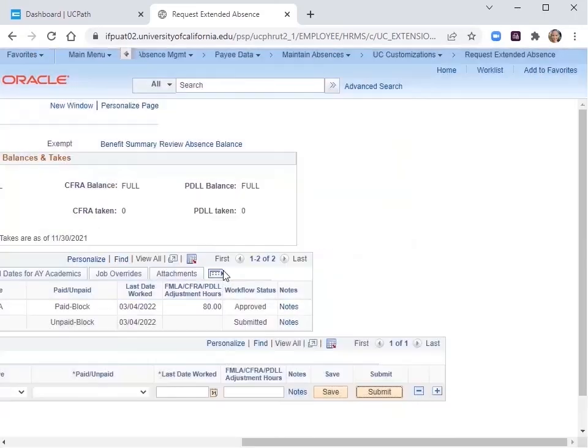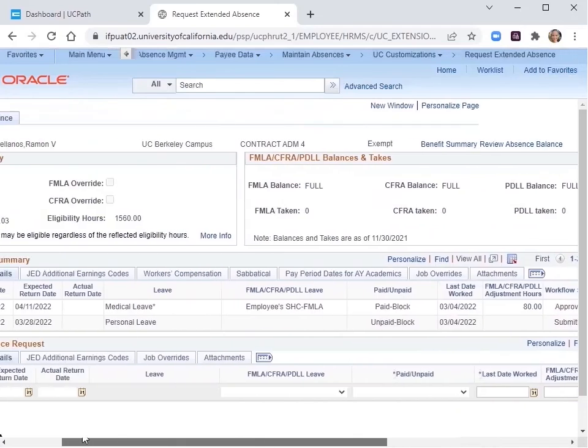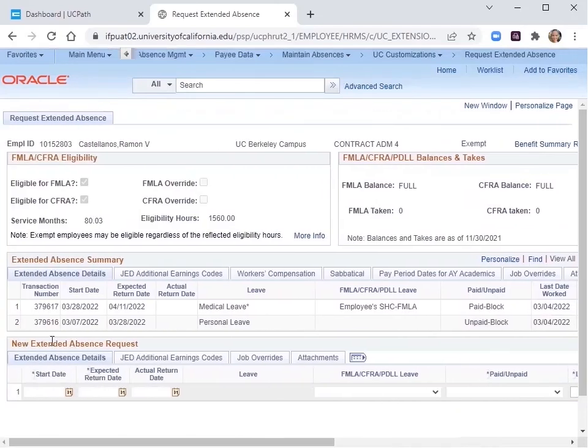Click Submit. The leaves are listed by date with the highest date on top. So the first leave the employee is going on, 3/7 to 3/28, is row 2, and the second leave, from 3/28 through 4/11, is row 1. After submitting the transaction, the initiator will get notification emails saying it has been submitted. Follow your local process for contacting your approver to let them know that the transaction needs to be approved.